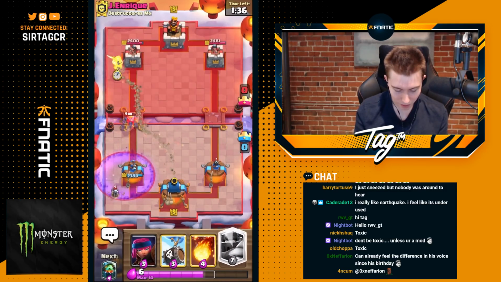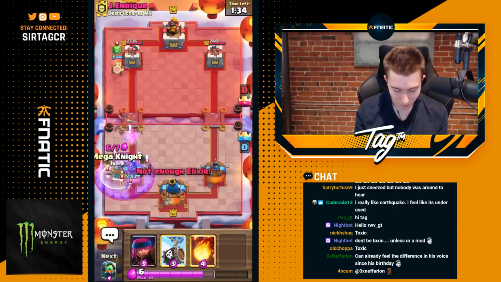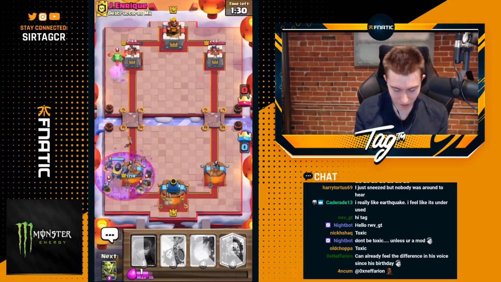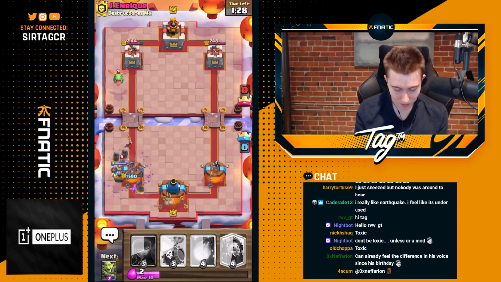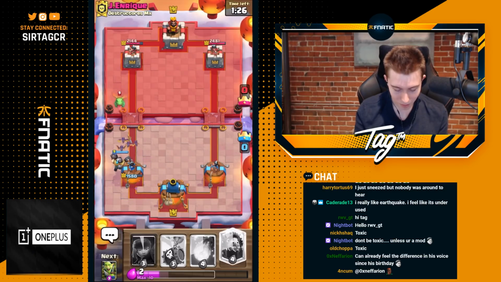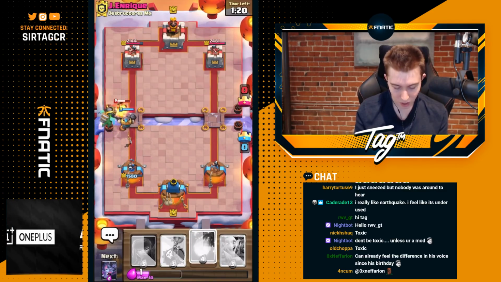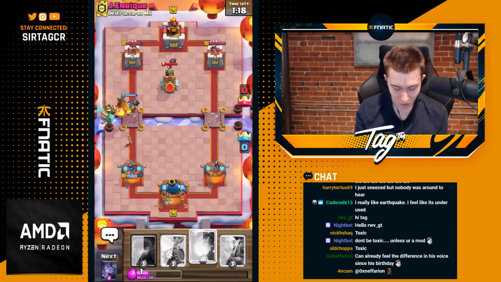He can't do that. Playing aggressive with a Graveyard in a situation where you are going to be down a lot of Elixir, it's difficult for him to ever defend this now. Because the Mega Knight plus the Inferno Dragon counter push, when he doesn't have great ways of distracting, it's going to be so inherently difficult. He's not going to have the Knight, so he's going to have to go for a Bomb Tower. And then he's going to go in for...